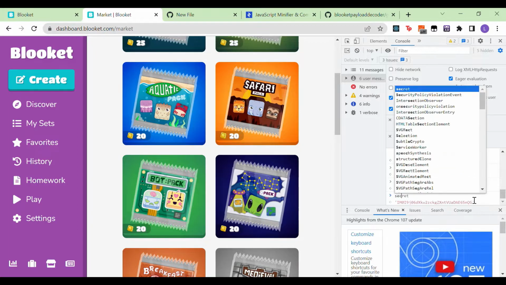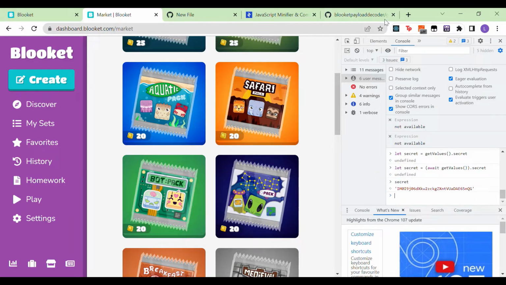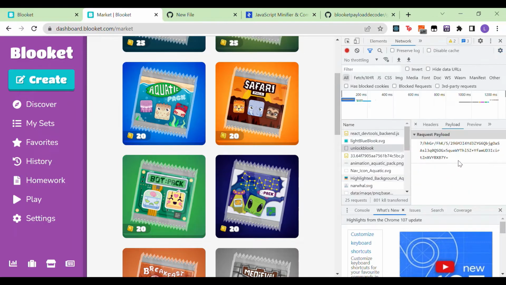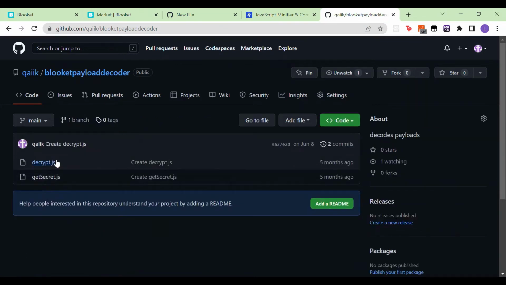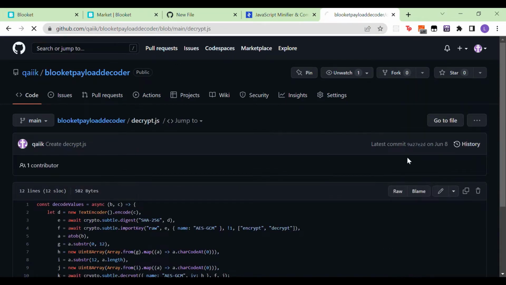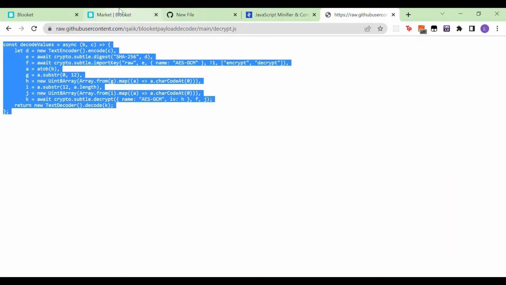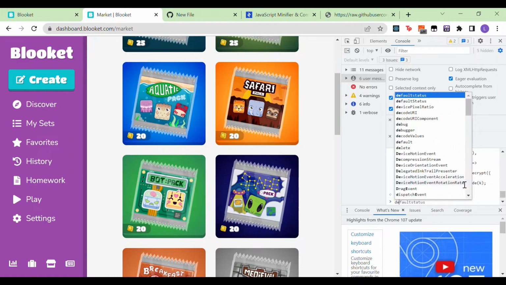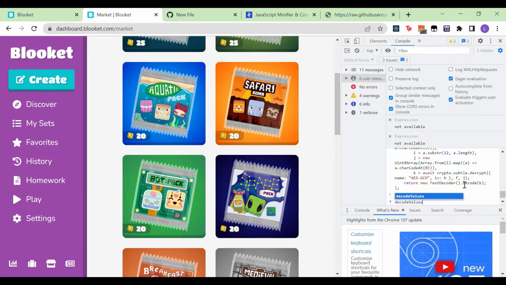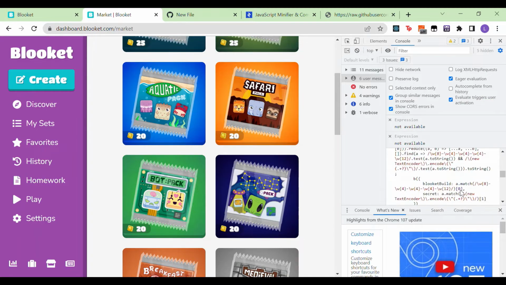If we get our secret like this, what we can do is go into our network, copy this, then go back to this tab, go to the actual decrypt part, copy this, and put decode values, put in our thing,